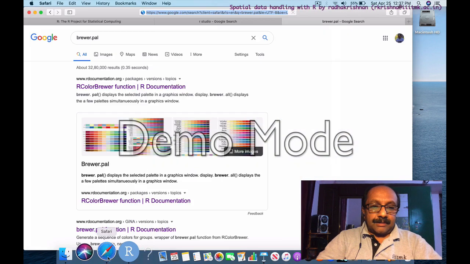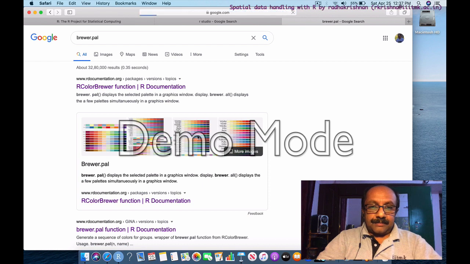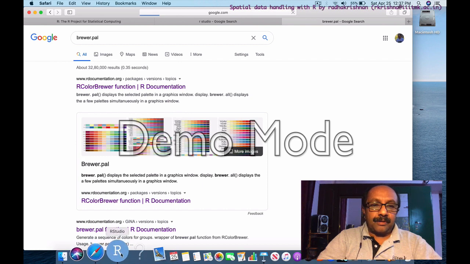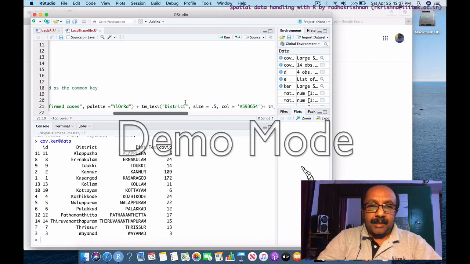So here it is. If you see here, you have a color palette with a specific value for the palette. You just click the image and find out which shade you think is suitable for your visualization. You copy that name and put it here.